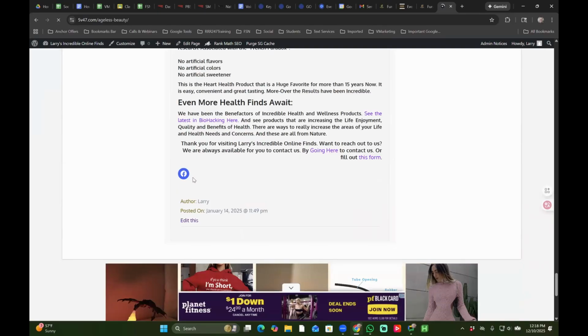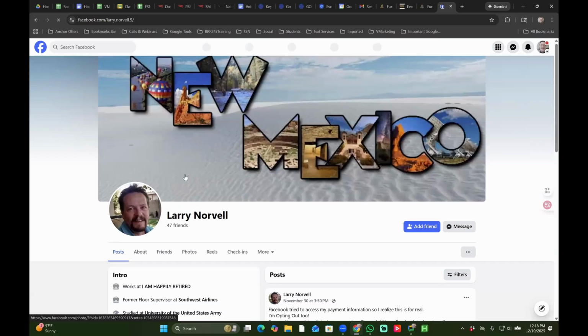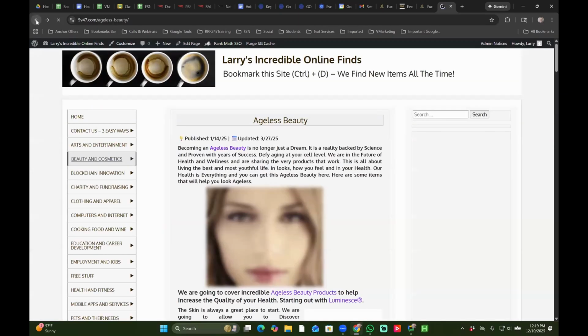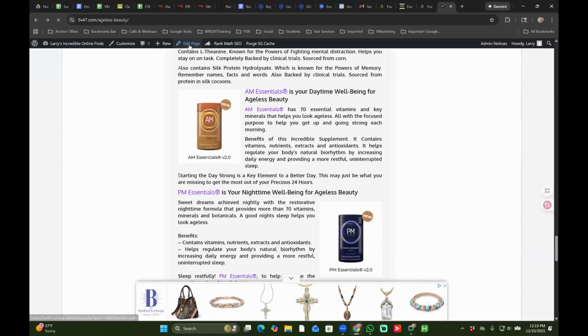Now, the only problem here is when I click on this, what's it going to do? It's going to open Facebook on this tab. Okay, so there's my Facebook, but where'd my tab go? So what we need to do, go back, edit the page,